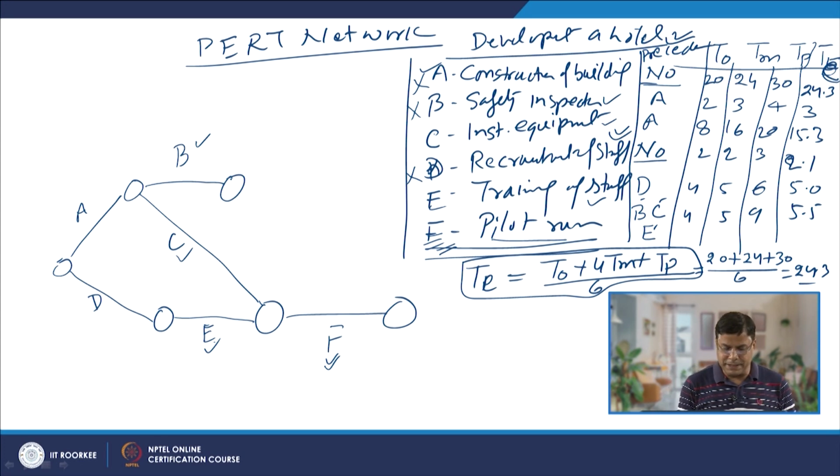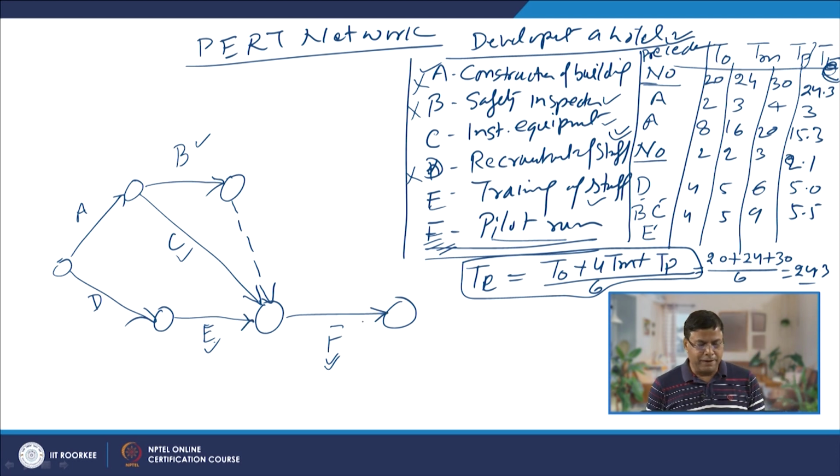So, to show this precedence relationship, we need to use a dummy activity sequence like this. Here, this will be the dummy activity just to show the precedence requirement between B, C and E for the start of activity F. So, that is how the network is completed. Now, we will mark the arrows to properly indicate activity A, then activity B, activity C, activity D, activity E and activity F. This is how the network is developed considering the precedence requirements.